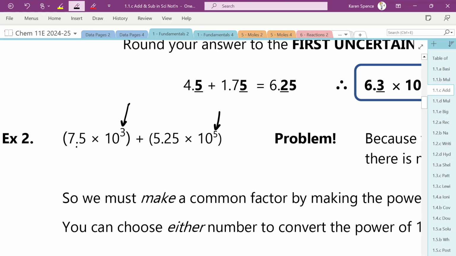So you can choose either one. You can say, I would like them both to be 10 to the 3, or I would like them both to be 10 to the 5. I very often, for whatever reason, like to make them both bigger, like to the bigger one. So I would take this 10 to the 3 and I would change it to 10 to the